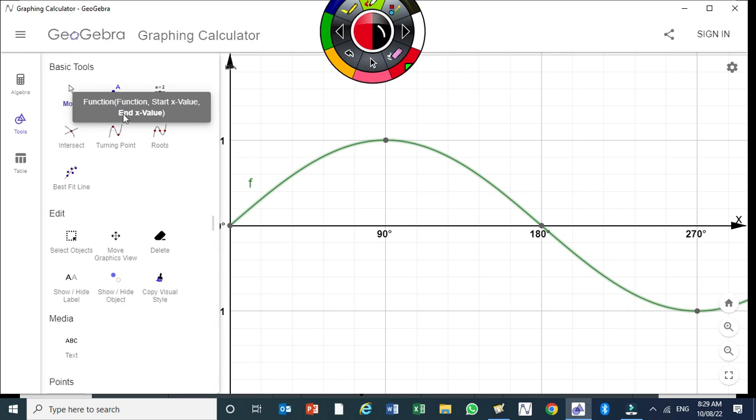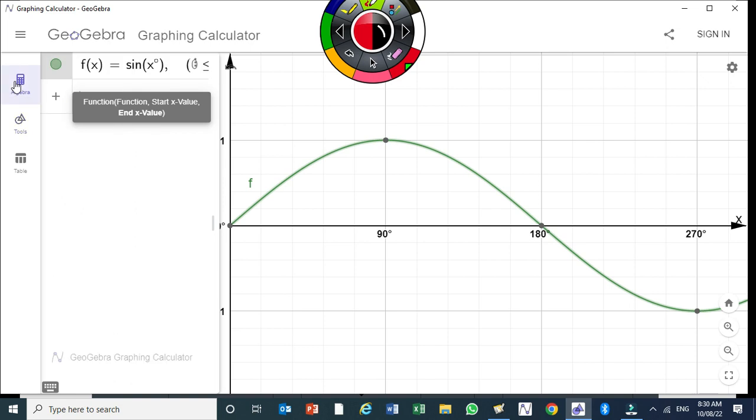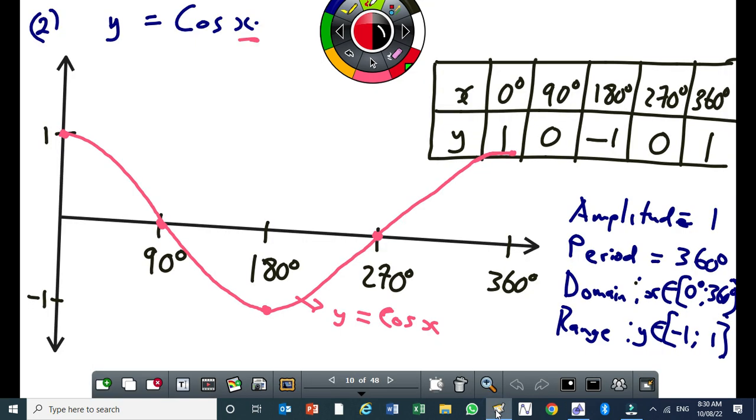Okay, it's not allowing me to move it. By 90 degrees. It's going to start at a maximum turning point, okay, which will be